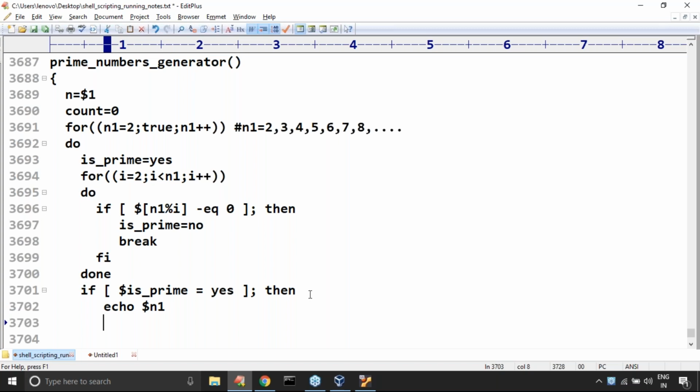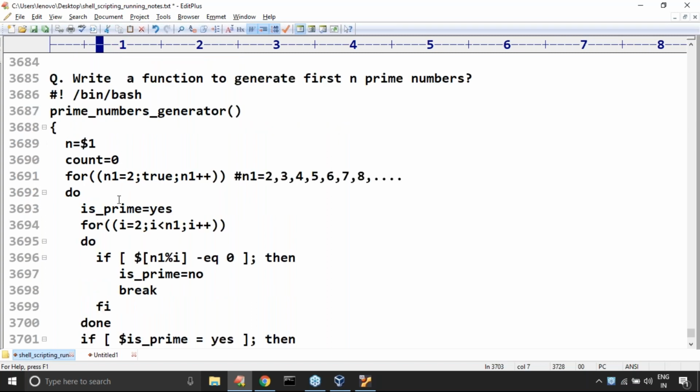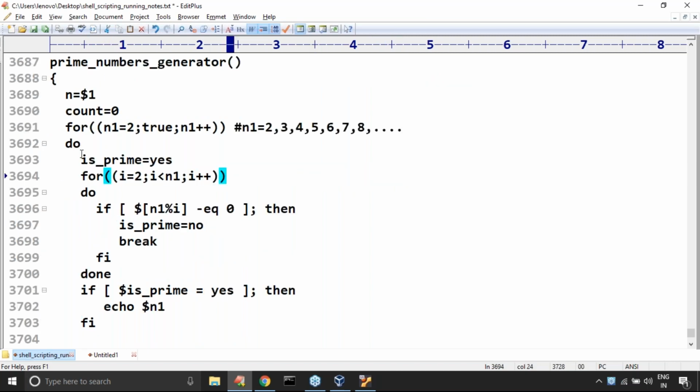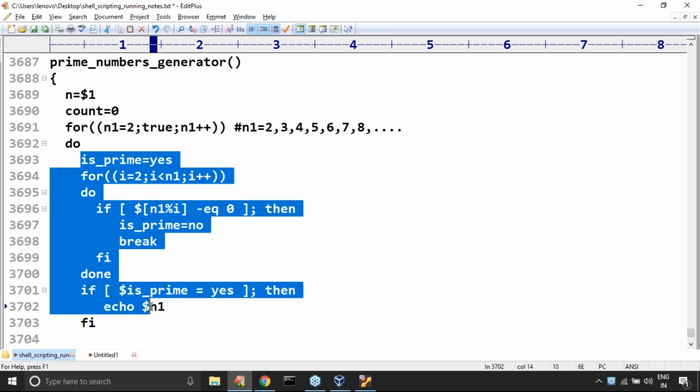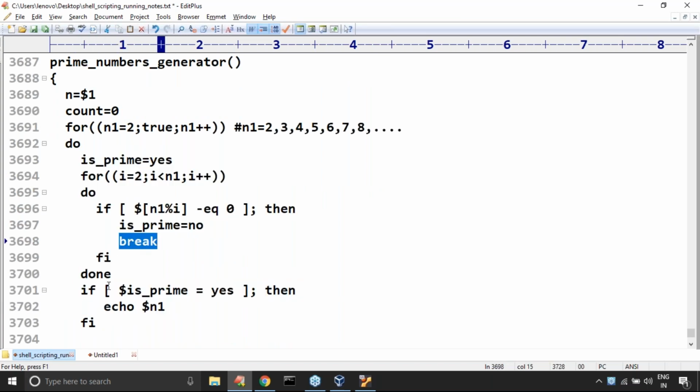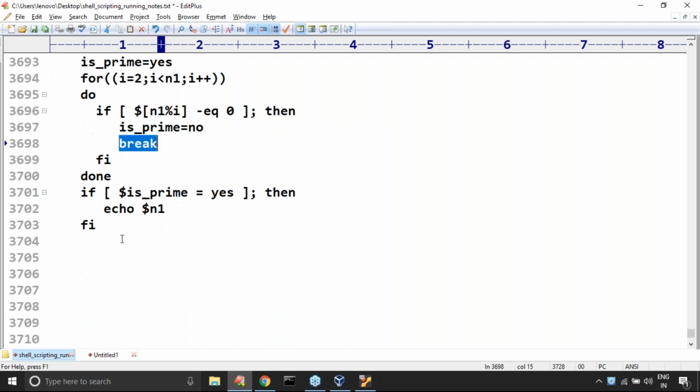Next, can you please cross check, is it the same as the previous logic or not? Yes. Now for n1, but this time n1 has no limit, you can take infinite number of times. Is n1 the prime number or not? If it is yes, print, otherwise you are not required to do anything, go for the next n1 value.